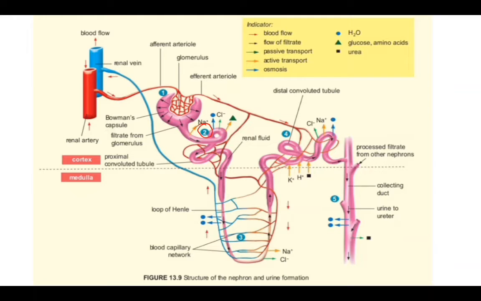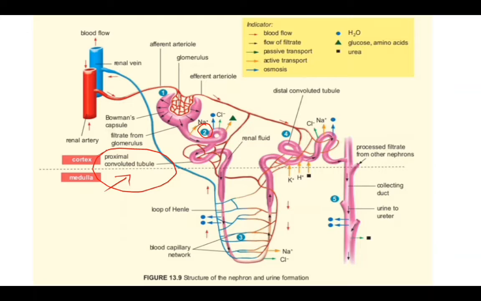Reabsorption at the proximal convoluted tubule. This is the proximal convoluted tubule. Reabsorption of the glomerular filtrate occurs along the renal tubule. The dissolved substances permeate across the renal tubule into the blood capillary network. In the proximal convoluted tubule, here,